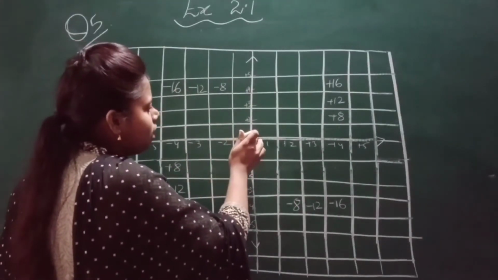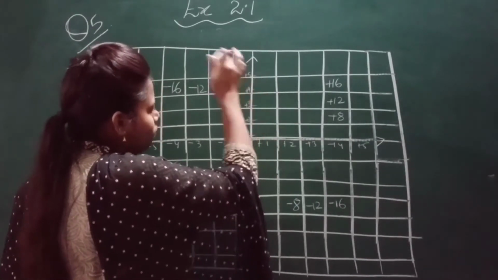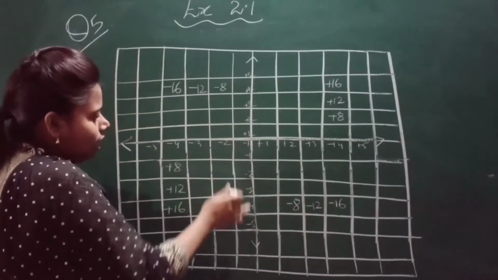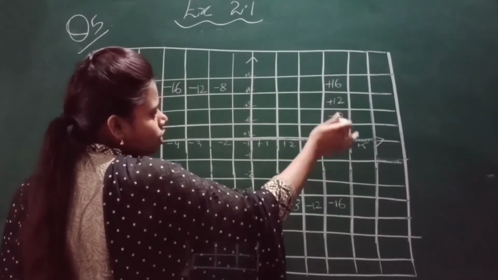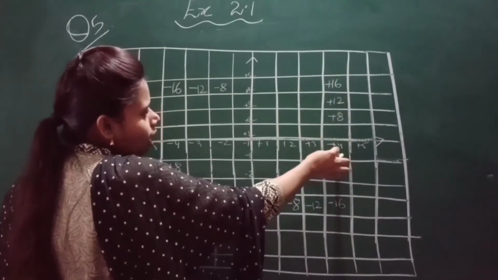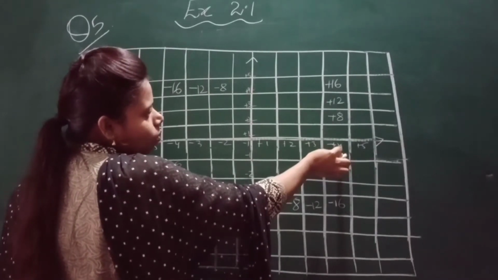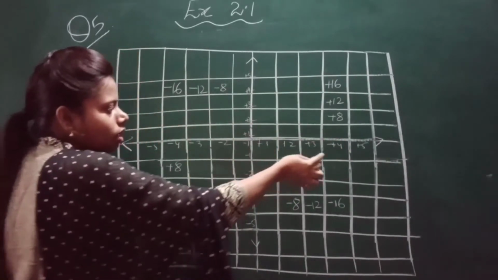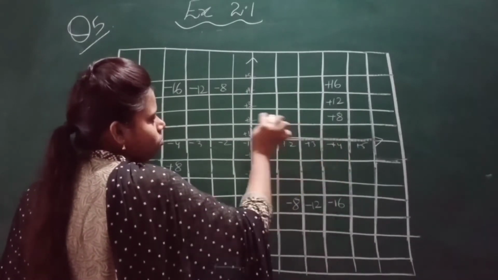You can see here that numbers are given. This is the y-axis, and the numbers given are plus 1, plus 2, plus 3, plus 4, plus 5. Here also plus, positive, is there. This one is negative. How to do it: as I said, it is a multiplication table. Here you can see this is the vertical one, so this x will be the same. What is here? Plus 4. That means we will multiply this plus 4 by this plus 1. See it carefully. This will remain constant, this will remain the same, just this will change.